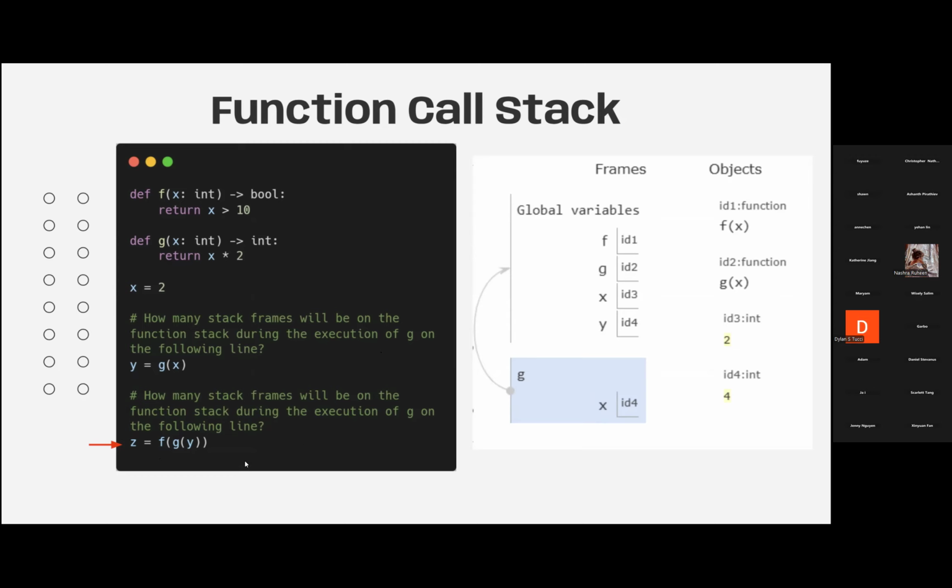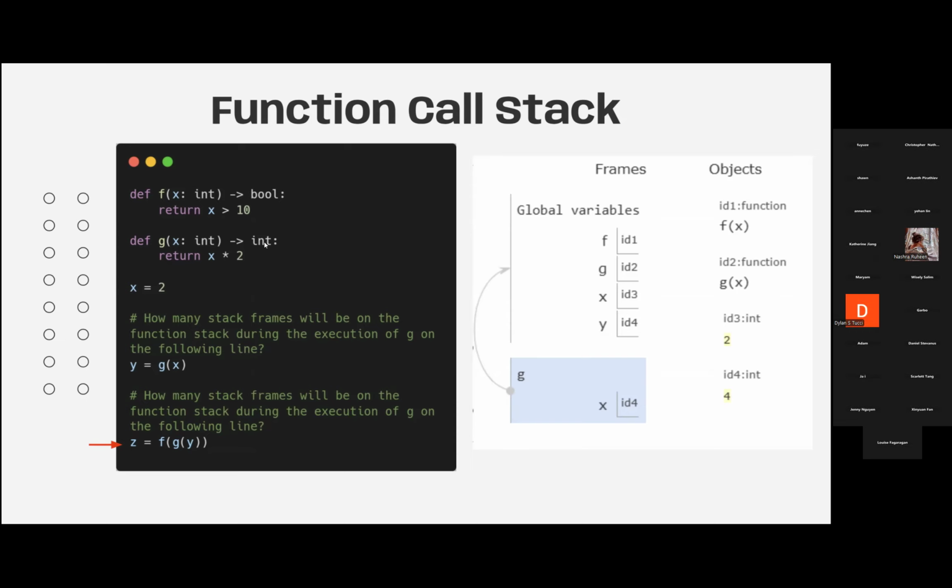I'm wondering, could you give us a scenario where the answer would be different than two? Yeah, for sure. Let me think for a moment. Okay, I don't know if you guys have done recursion yet so far, but basically a recursive function will call itself. This is kind of hard to explain without writing it out, but